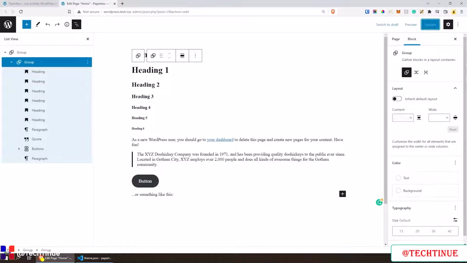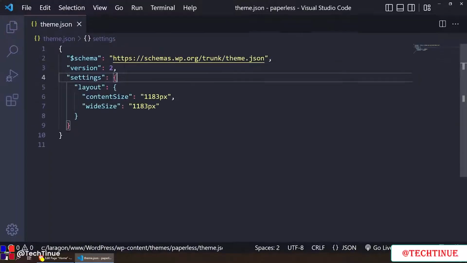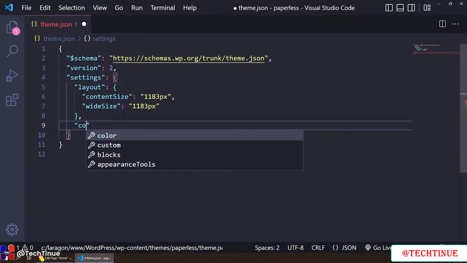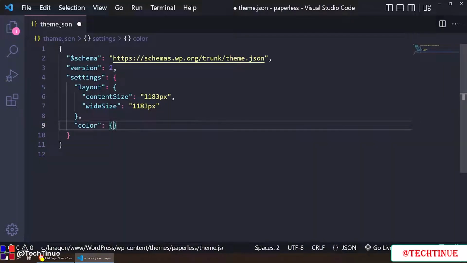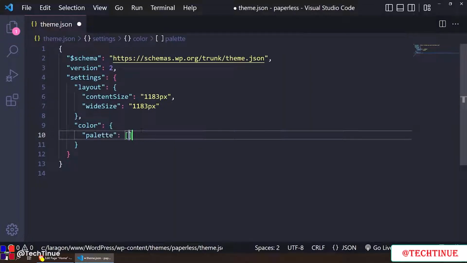So what I'm going to show you now is how we can add the custom colors. Let's jump back into themes.json, and we need to be inside settings. As long as you are inside the curly brackets, let me zoom in even more, just outside the layout, we can put a comma, and then we can do color. Inside the color, we can bring in the palette, so double quote, palette like so, and inside the palette is